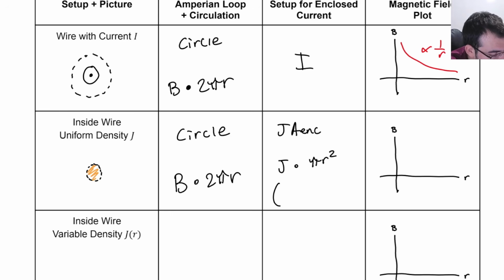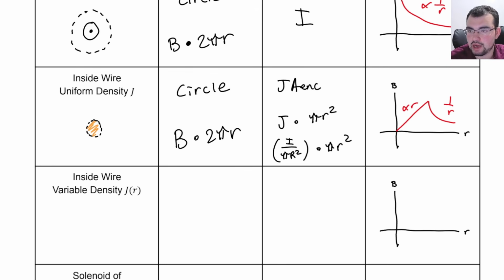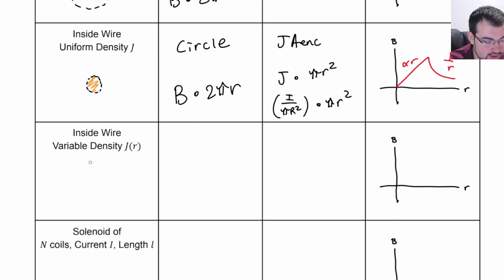And you might write J as the total current divided by the total area. So you get not a volume fraction ratio, but an area fraction. And if it's uniform density, once again, uniform density means linear inside. And there's the sort of shell theorem for wires that says any wire looks like mu naught I over 2 pi r outside. Now, if there's a variable density,